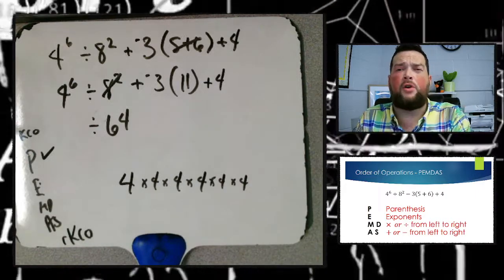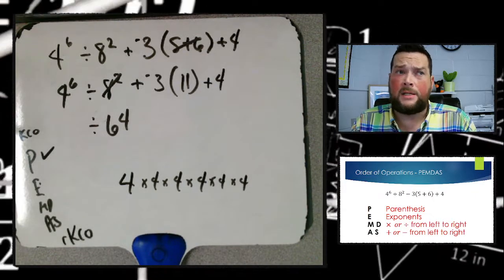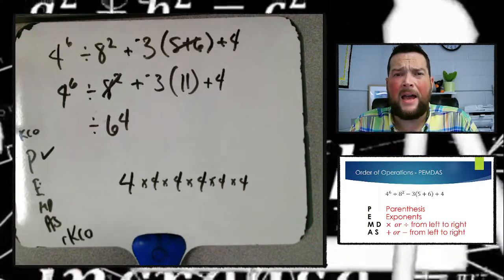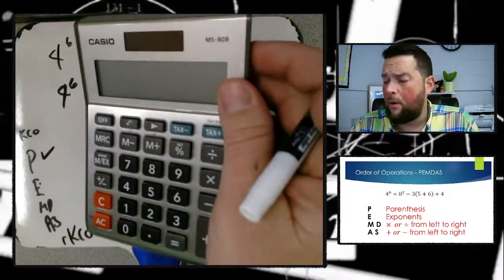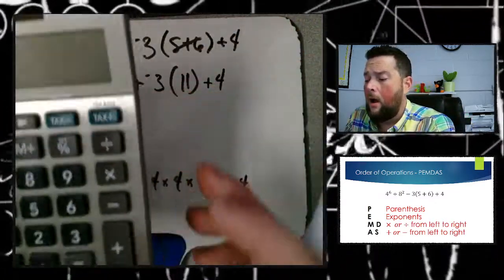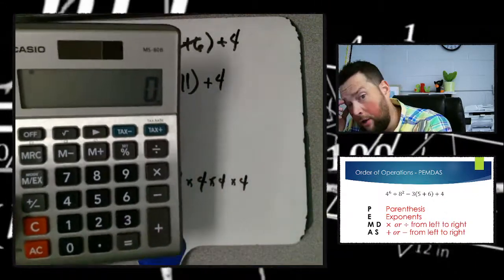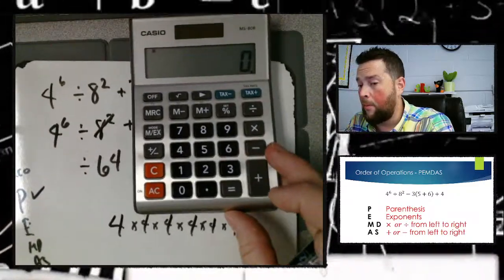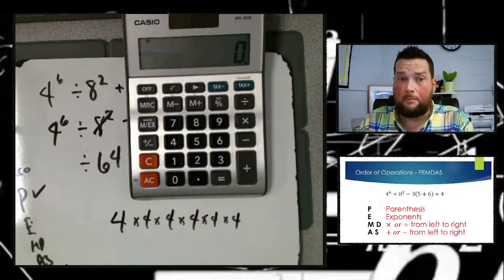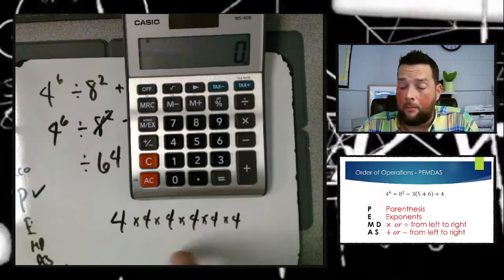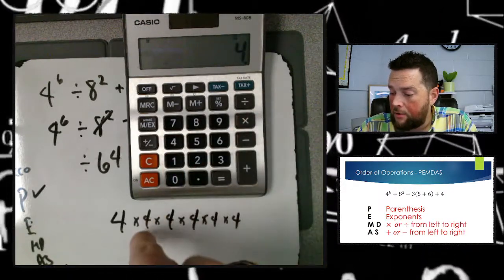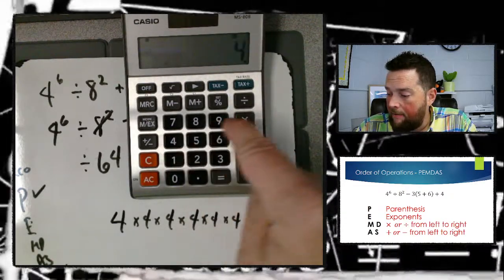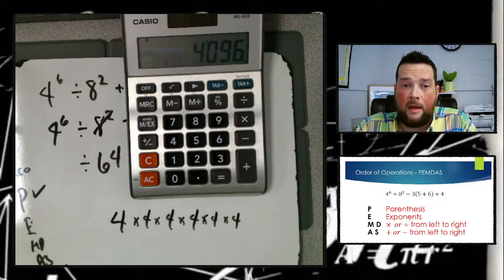Now, if you're in 7th grade, in our state, we can use calculators in 7th grade. Some states can't. But you've got kind of like two different kinds of calculators that I want to show you how to do this on. All right. Ultimately, if all else fails and your calculator is just a basic calculator like this one, you can do the repetitive multiplication just by pressing the number in the correct number of times. So you could do 4 times, there's another 4, 3 4s, 4 4s, 5 4s, 6 4s,